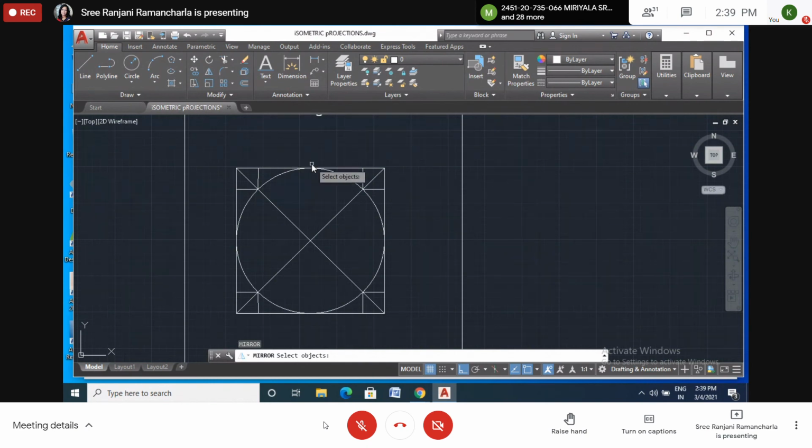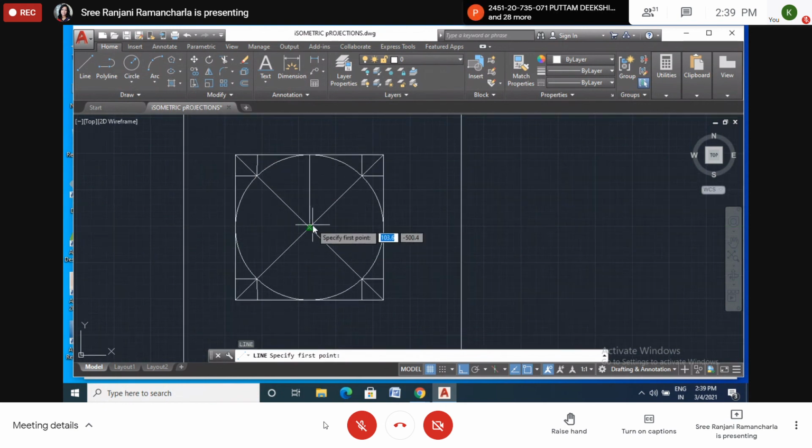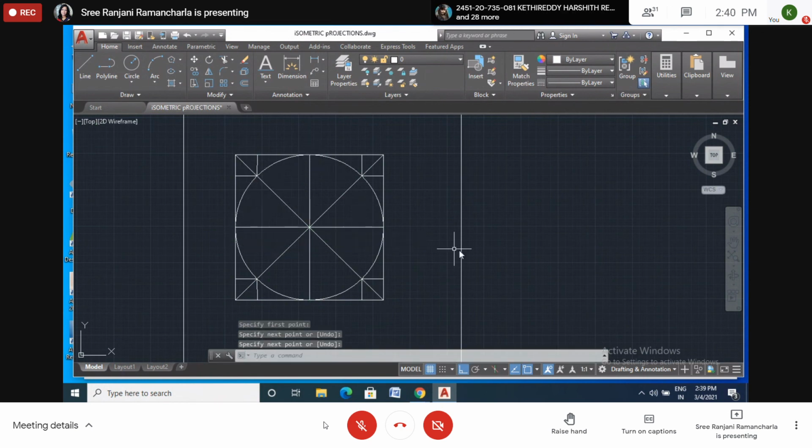Now we'll draw the center line. Exactly, it's showing the center line. Okay, we drew the offsets and diagonals.